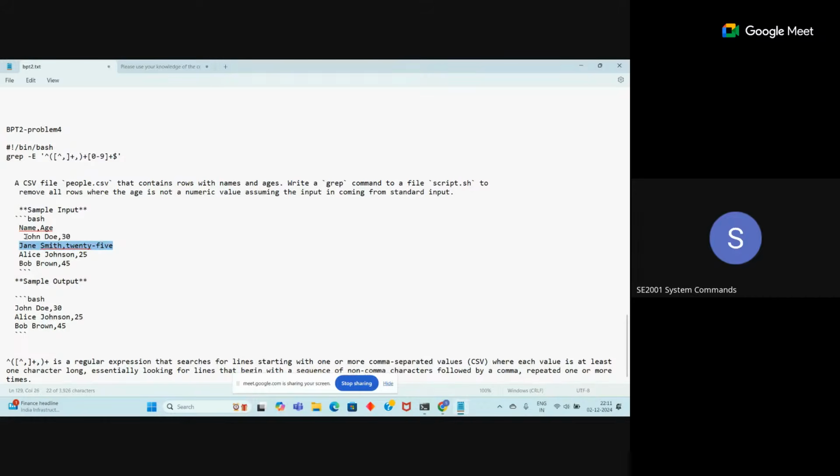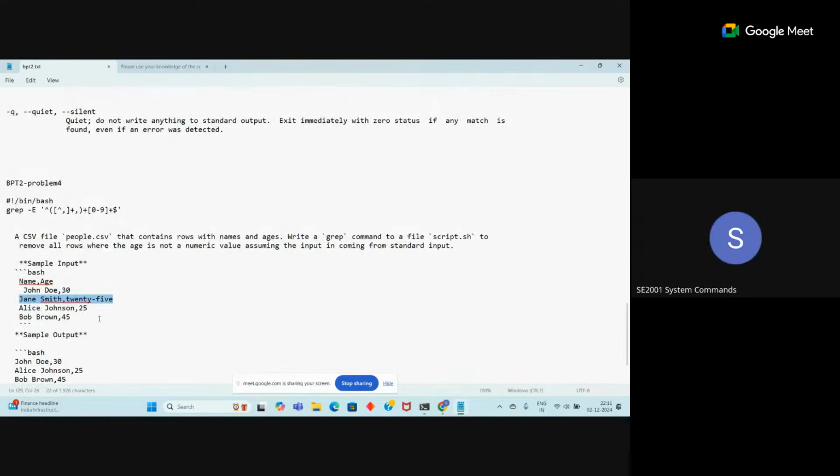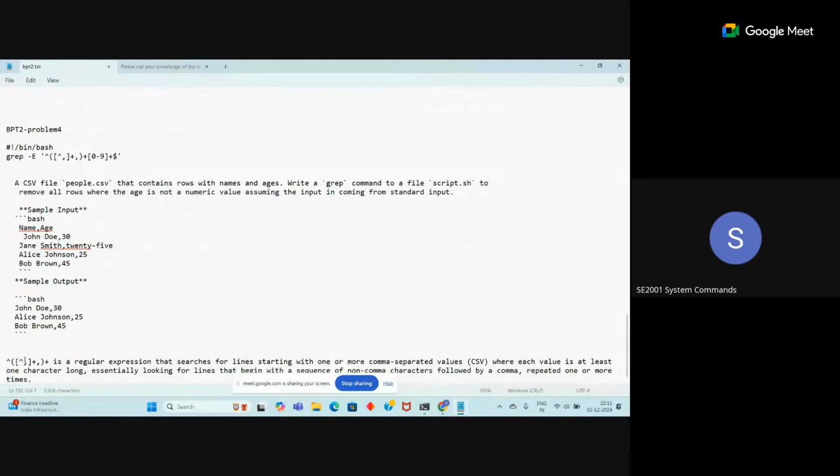Okay. So for that, the solution we write is using the extended grep command. We are writing it here. See here, the meaning of this regular expression. First, you see the meaning of this particular regular expression, what it is saying is